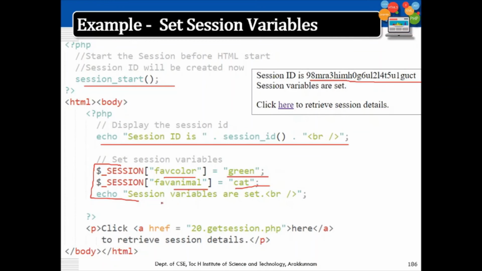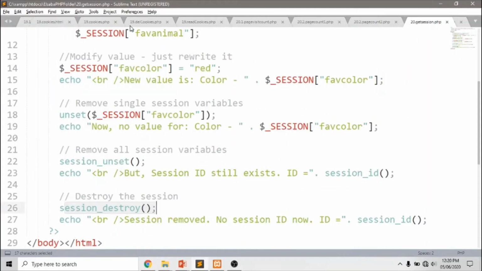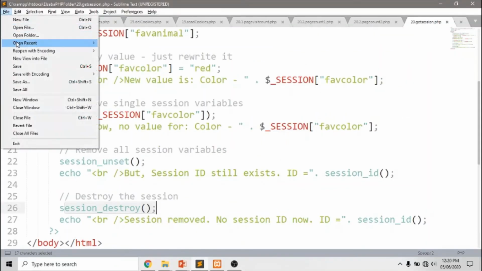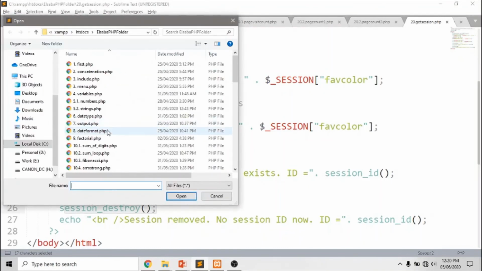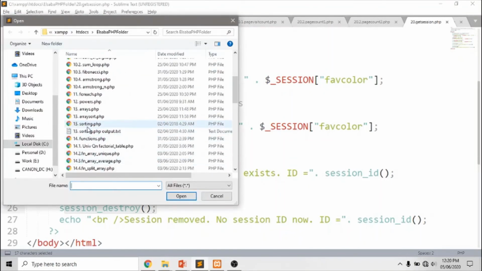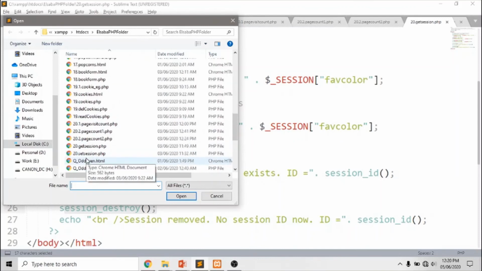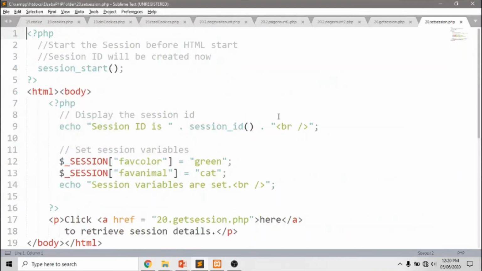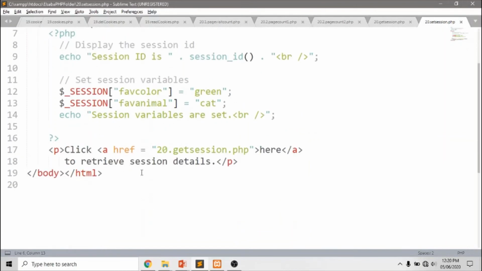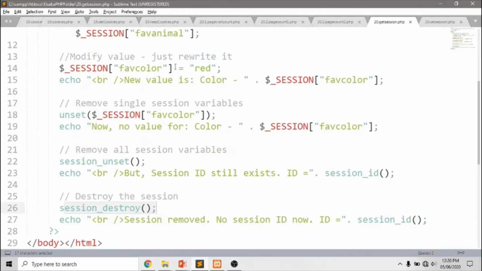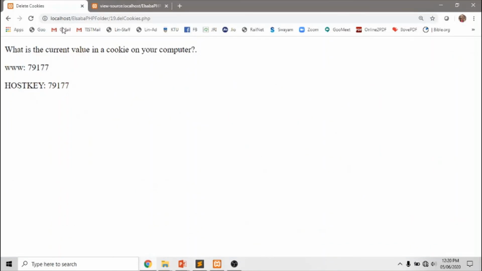And these session variables will be retrieved at getSession.php. Sorry, I have another file, setSession. So this is my first file where I am setting all these values, and getSession will be retrieving these values. We'll see the example.